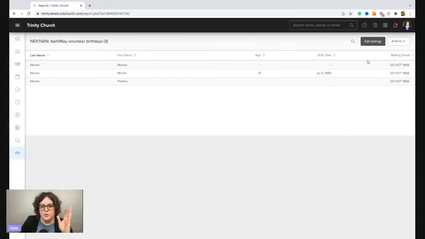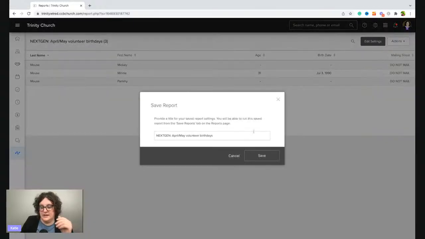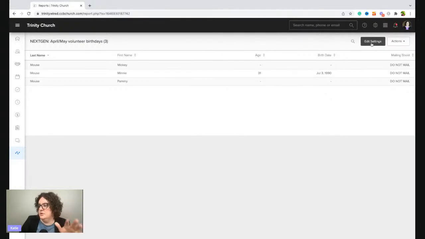So when you've run a report and you pick show on screen, this is what will show up. And then you can go over to actions and do save report. And I do that first. I want to be sure that this report is saved in my custom reports list. So I would save it, and then you can make changes to it and those will get saved as well.